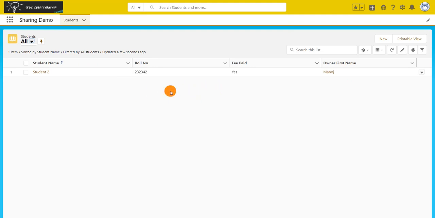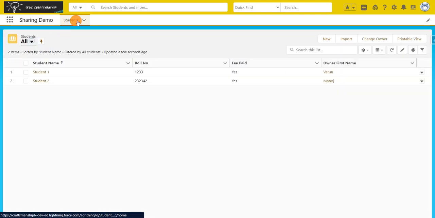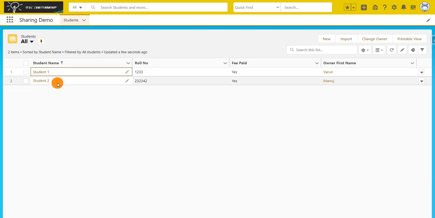The records created by Varun are not displaying here. The reason is the OWD setting is set to private. Now if I go to Varun user, who has a system admin profile, he can see his own record, student one, and also he can see Manoj's record as well.